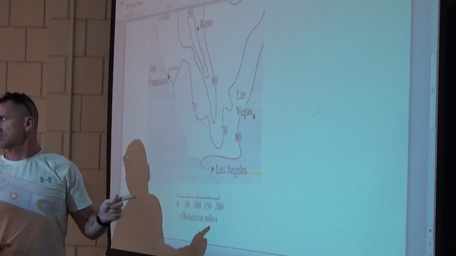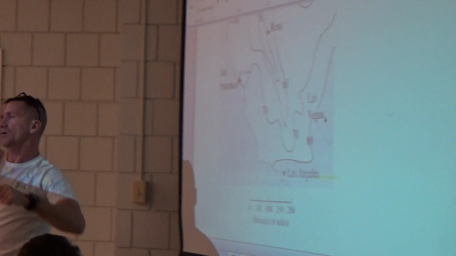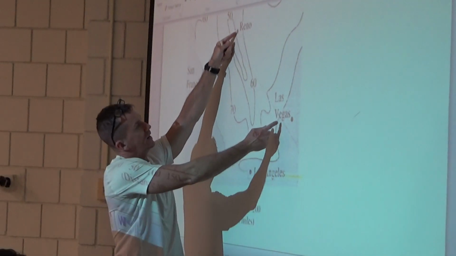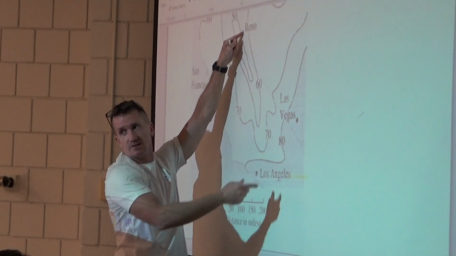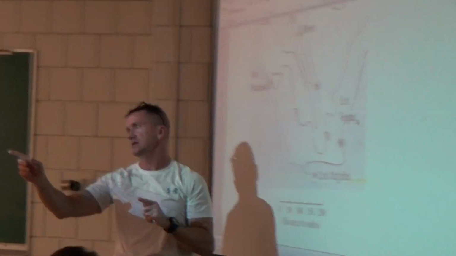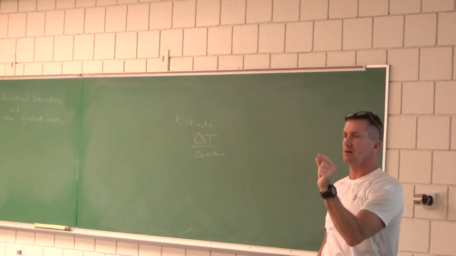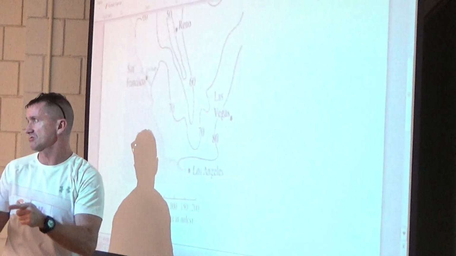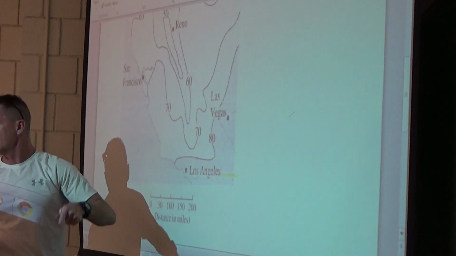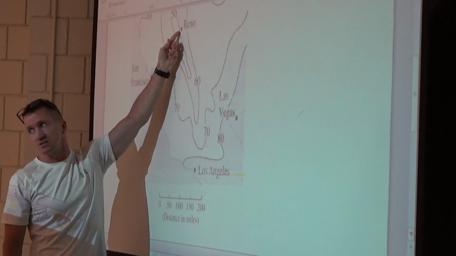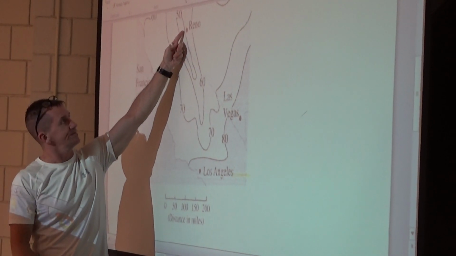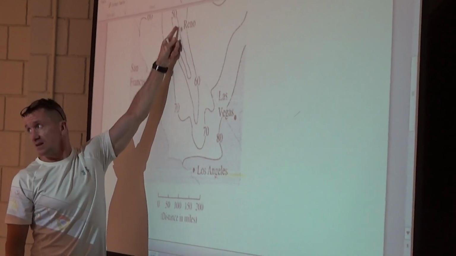But the wording on this problem says at Reno in the direction of Las Vegas. I didn't want you to get so caught up in needing to know the distance between Reno and Las Vegas. Remember the key is, just like we were doing with the tables last section, we use the numbers as close as possible to the point. They said estimate the directional derivative at which city? At Reno. What are the closest contours we can use around Reno? Looks like we can use the 50,